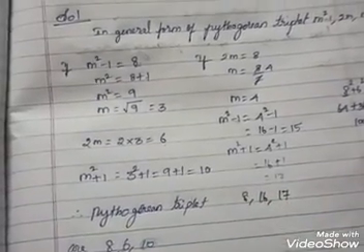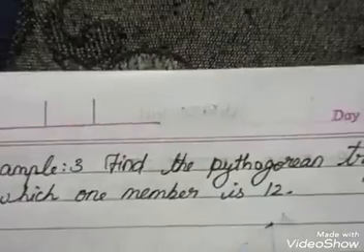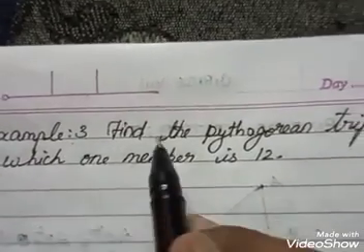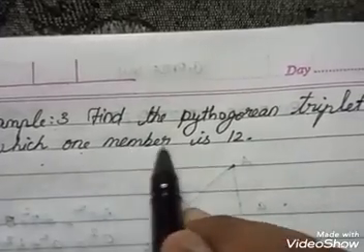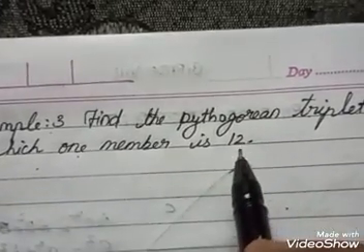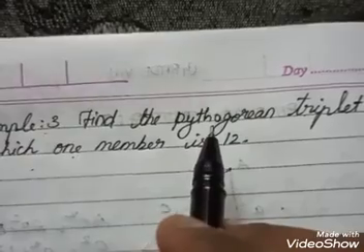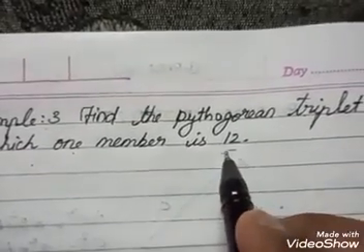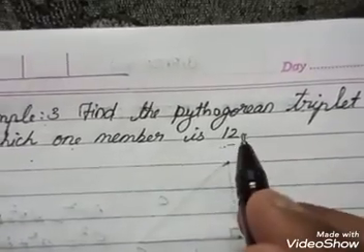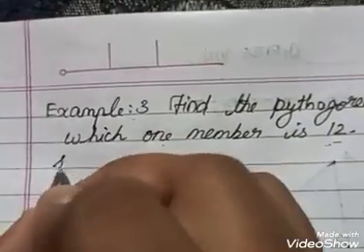Okay, next we move on to example number 3. Example number 3: find the Pythagorean triplet in which one member is 12. So here they have given one of the 3 Pythagorean numbers. We don't know whether it is a smaller value or a bigger value. So you know the general form in a solution,